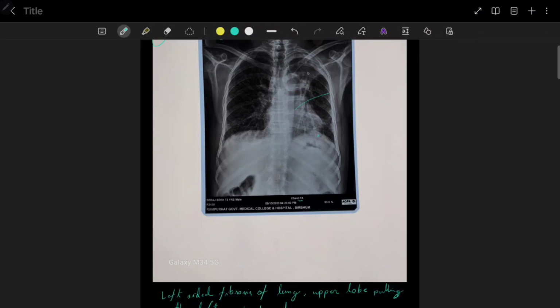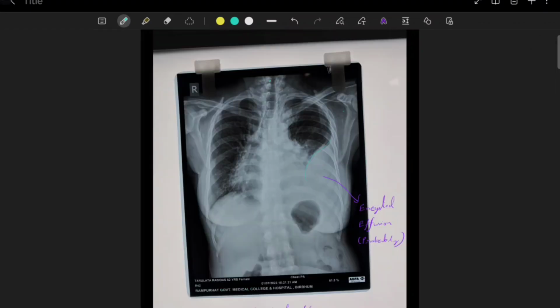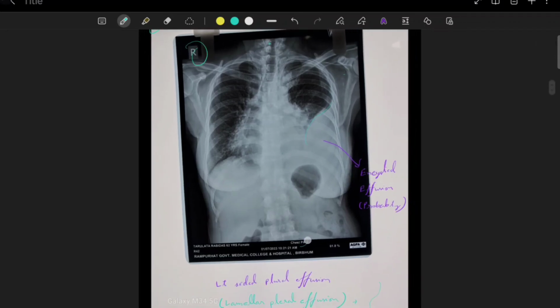As the fibrosis occurs, it pulls the left bronchus towards the upper side. Okay. Next, see the fourth X-ray. In this X-ray, it is the right side and it is the PA view. Okay. See in this area,